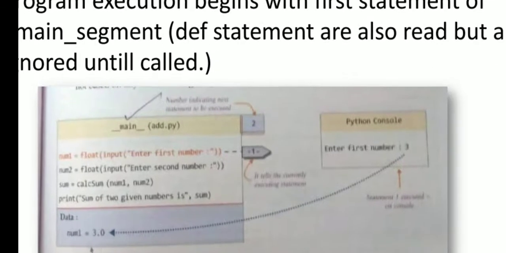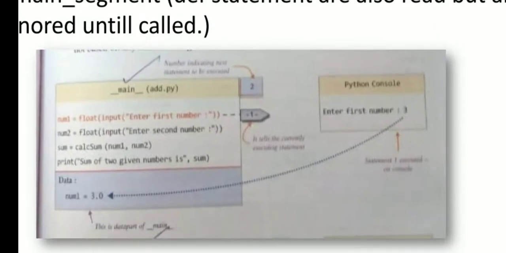Now in the diagram you can see the same program we have written. Suppose you are entering here the value, enter the number 3. Automatically what will happen here, you can see num1 you are writing and num2 also you are writing. So again, when you type your num1, the value will be transferred to the num1 and automatically it will pass on to the calculate sum function.